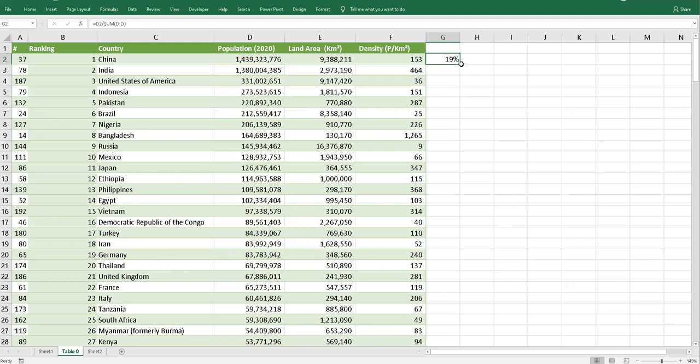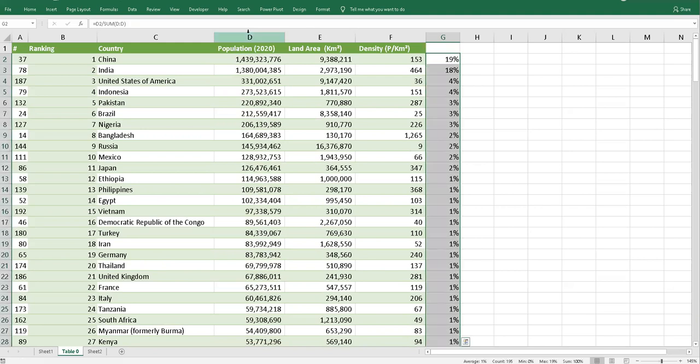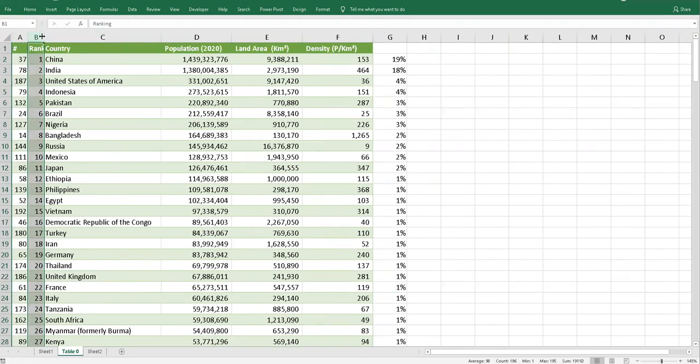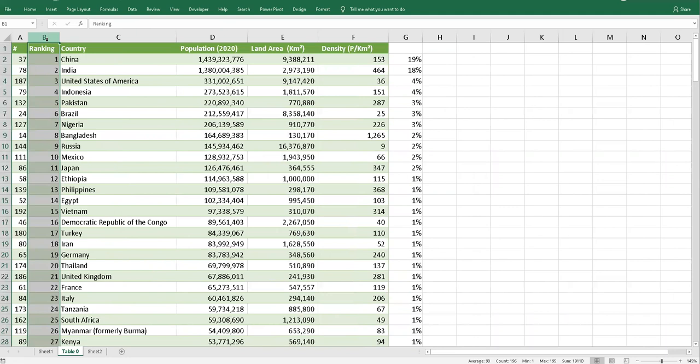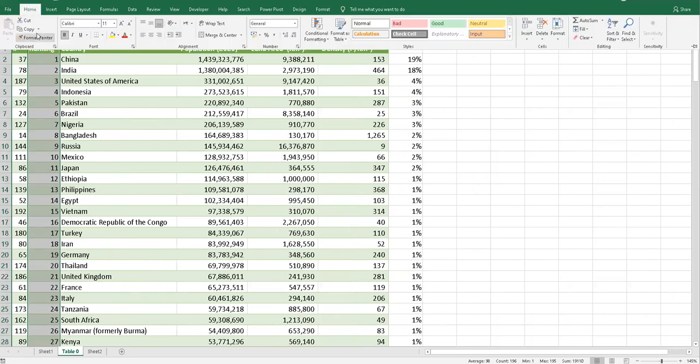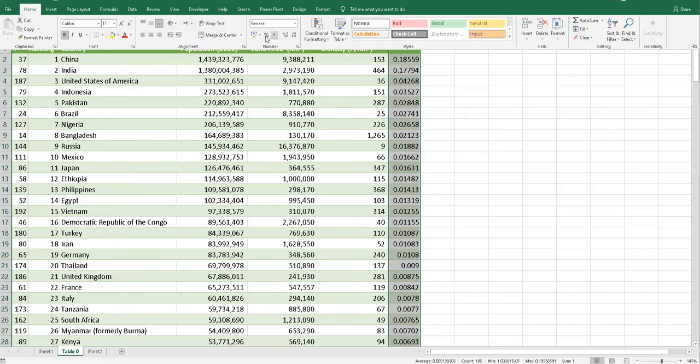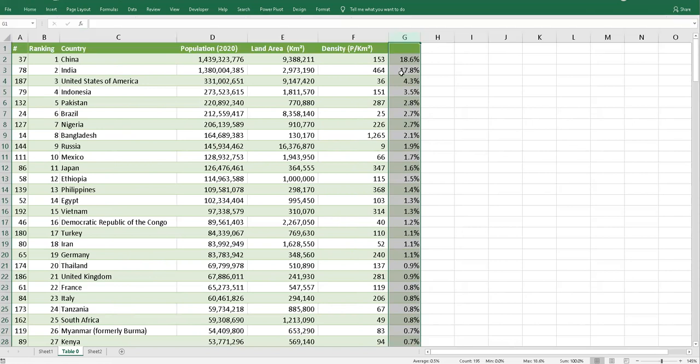So we just add some information. It's not necessary, but on the way, I just want to give you an idea of how we can utilize the functionalities of formulas over here. Also, I take the format painter over here and make it proportion. Okay, percentage, we will put it over here.